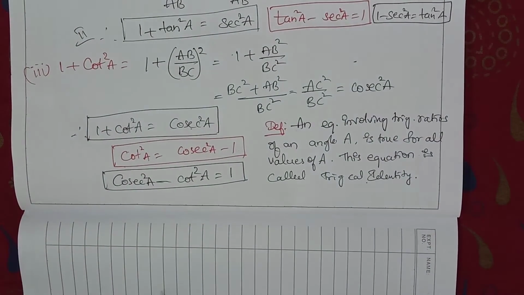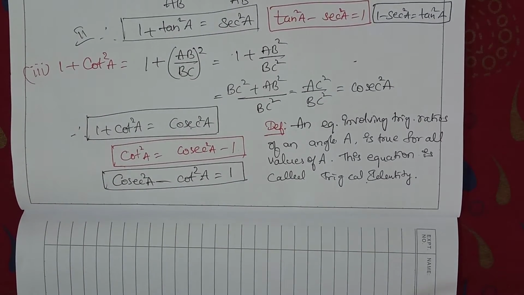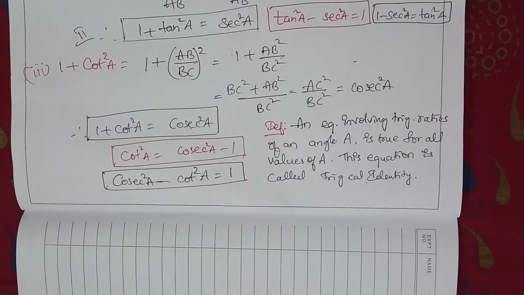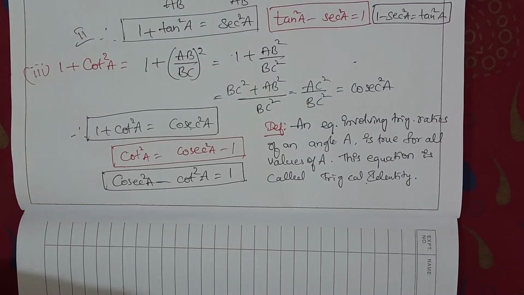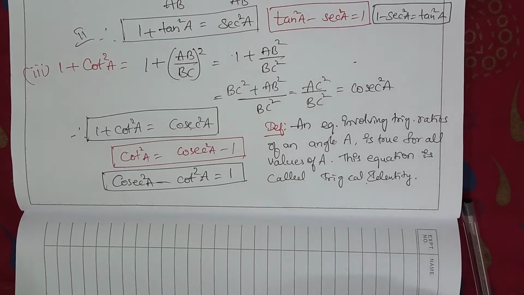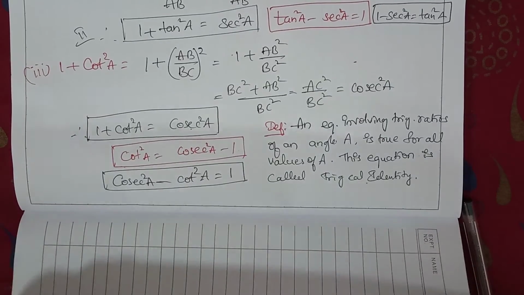Okay, so now we will solve some problems. And children, here the problems are based on the question. Either you solve from LHS. See, there are two parts in the equations, LHS and RHS, children. So in order to prove a trigonometrical identity, start with either the left hand side or right hand side, applying the relations. But sometimes both the sides are complicated. If both the sides are complicated, you have to do one thing. You solve the left hand side part and the right hand side part, and you must get both the answers equal. Okay, it's a very important concept.